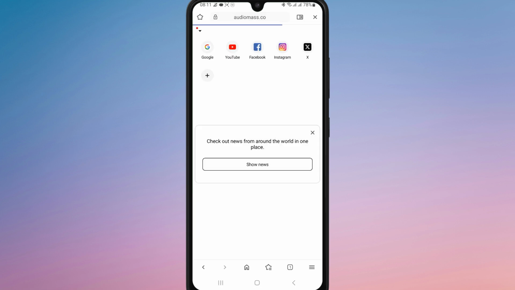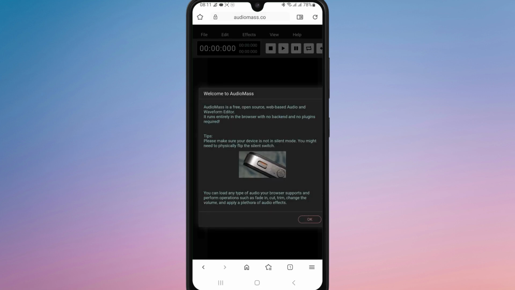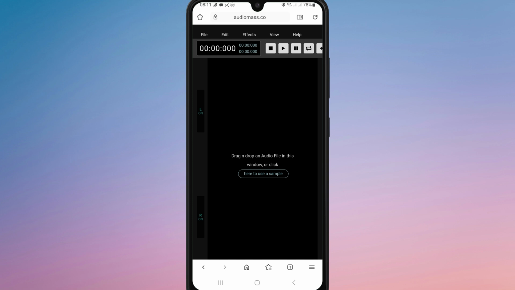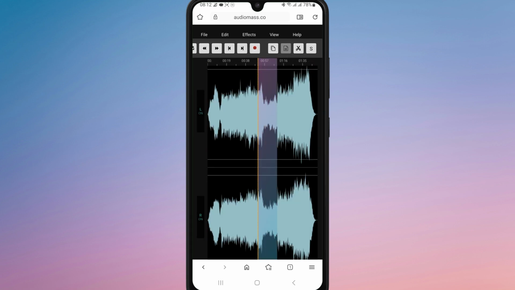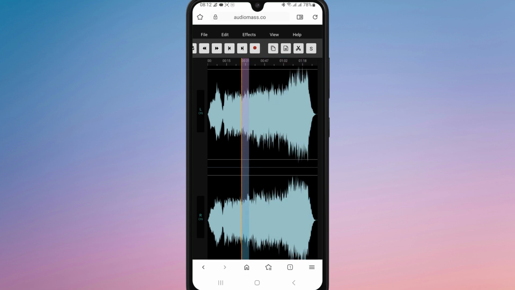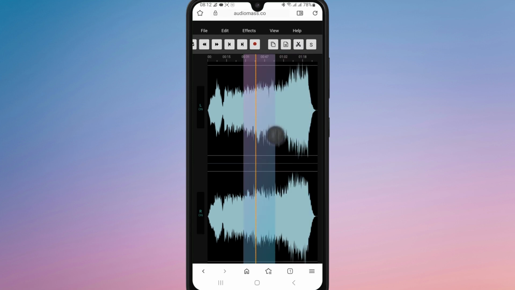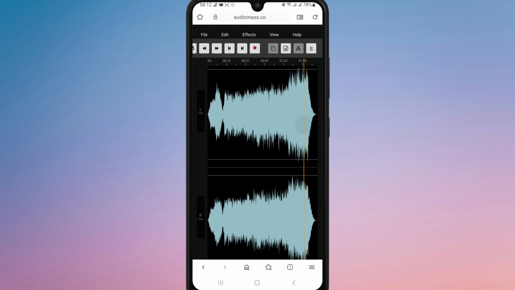Once the page loads, you will see a simple but powerful interface similar to the desktop version. You can record or edit audio directly from here. Tap the microphone icon to start recording and allow the browser to access your microphone. You can trim, cut, and apply basic effects using the mobile-friendly controls. Keep in mind that performance might vary depending on your phone's capabilities and browser speed, but AudioMass is designed to